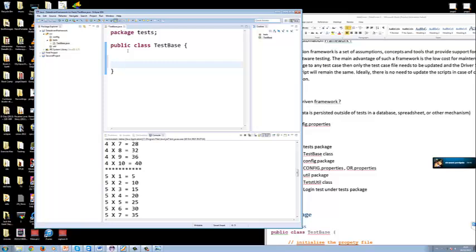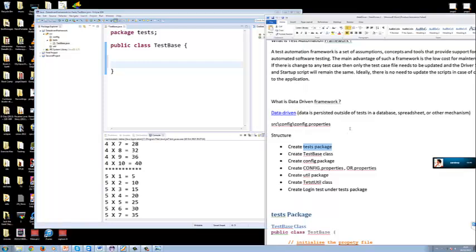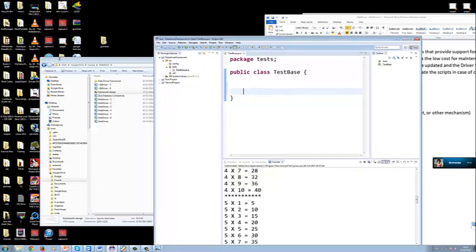We have initializations. So we'll initialize so many things over here, but before that we'll go to this config package, and we'll create two files called config.properties and or.properties. So to save time, instead of creating them, let me copy and paste those files. So let me import an existing framework, probably from some other